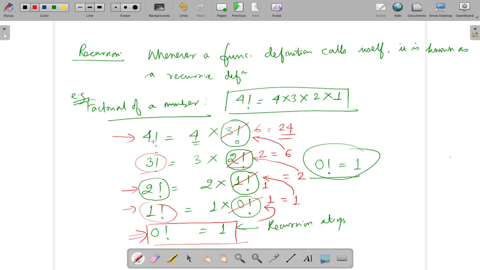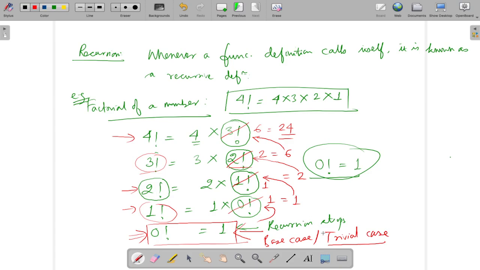Recursion is an operation where, when you are trying to do an operation like 4 factorial, you end up doing another factorial operation. Of course, it will be for a smaller number. And likewise, for 3 factorial, you will be computing the factorial of 2, which is smaller than 3. So you go on like this, and eventually your recursion will end. This is known as a base case or trivial case,